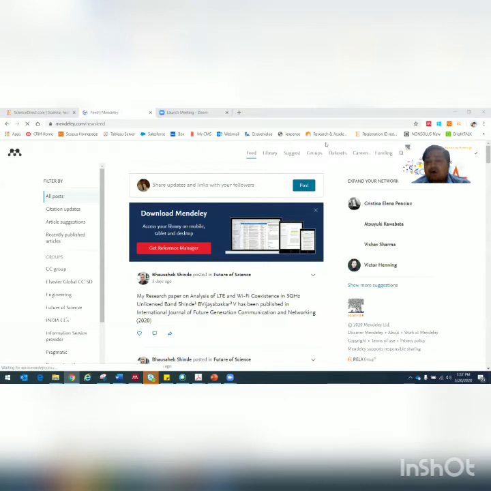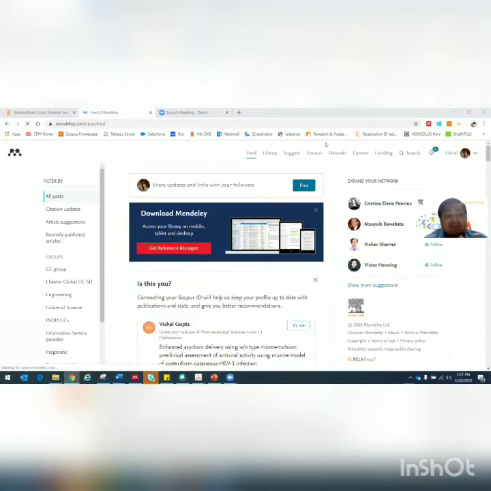Now, since I was already logged on to the Science Direct platform, it automatically logged me into Mendeley. This actually tells you that these platforms, Science Direct, Scopus, Mendeley, are all connected because they are all Elsevier tools, right? So Elsevier has one login ID and password, which you can use to access all the platforms, provided you have a subscription to that content, except for Mendeley, which is free of cost, right?